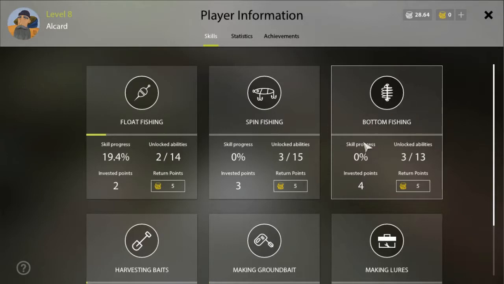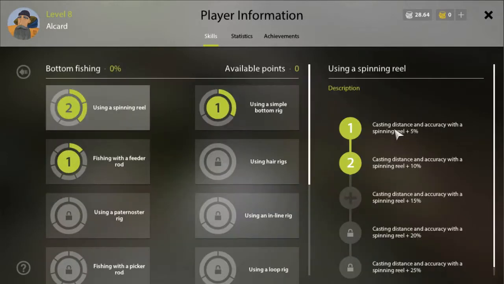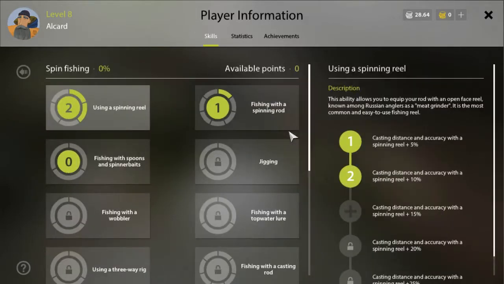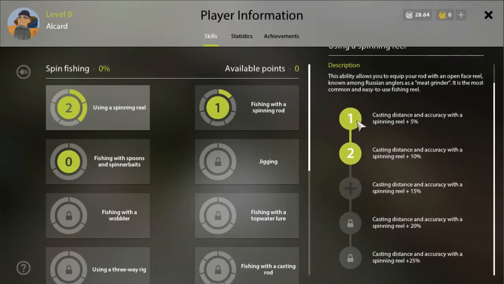and bottom fishing. Now, let me explain something real quick. This is very quick. In your spin fishing, you have fishing using a spinning reel. Put all these points in it. Fill this up. Put all the points in here. You can. I've got 1 point in with a rod and I just opened this up. Fishing with spoons, because